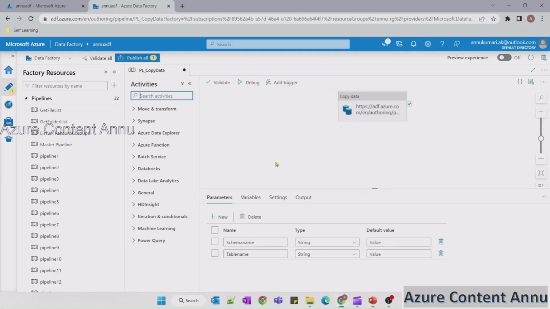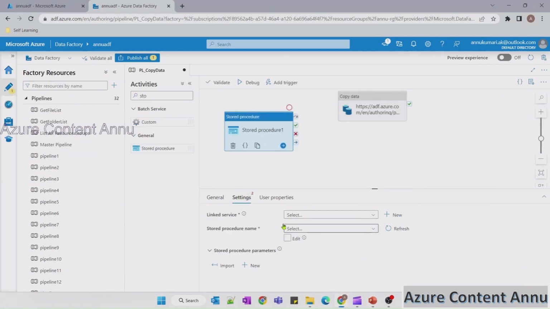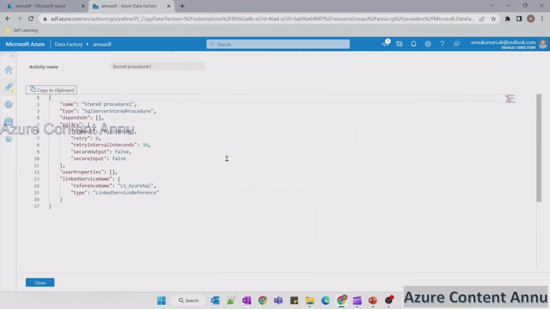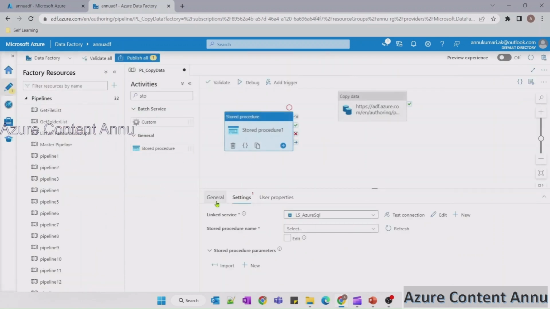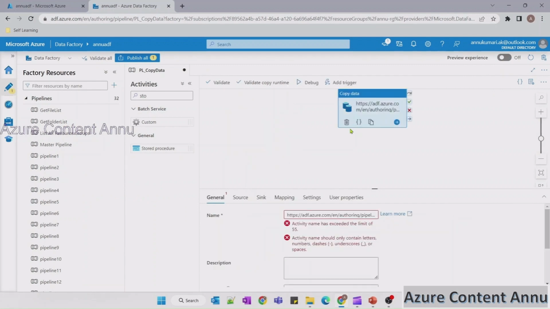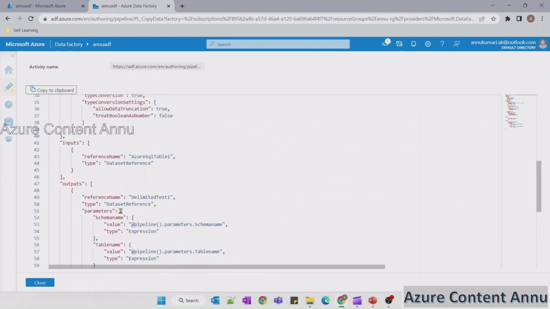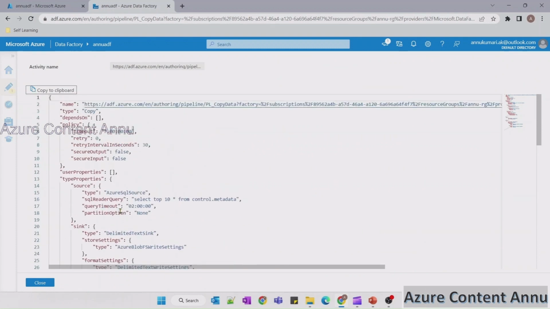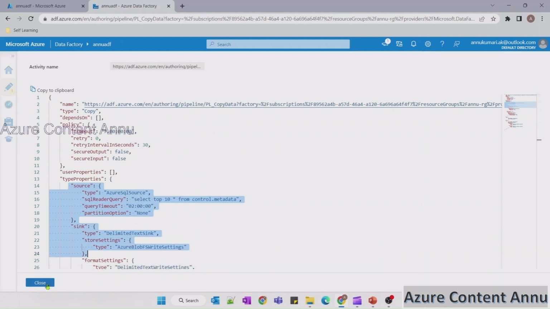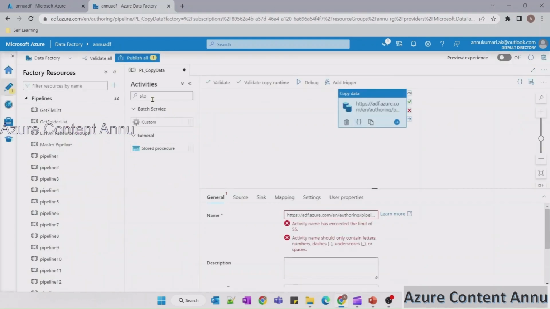So if I drag stored procedure activity here, let me try to do that. You can see in the settings, we have to provide linked service name inside the activity itself. And if I go to this activity JSON, you can see linked service name is being referred here. But if I go to copy data activity JSON, you can see linked service is not present inside this activity JSON. It only contains the data related to dataset, and for a few activities even dataset is also not